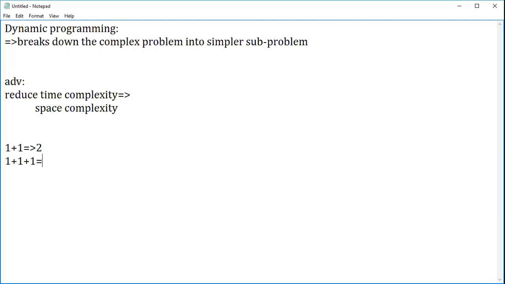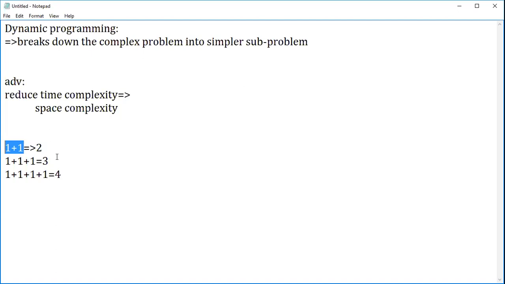You will write 1 plus 1 plus 1. So 1 plus 1 is 2, 2 plus 1 is 3. Each and every time you want to do the calculation, you start from the beginning, right? Already I have a result of 1 plus 1, but we are not going to make use of it in divide and conquer. In divide and conquer, you divide a problem into multiple sub-problems, but in dynamic programming, that is not what happens.